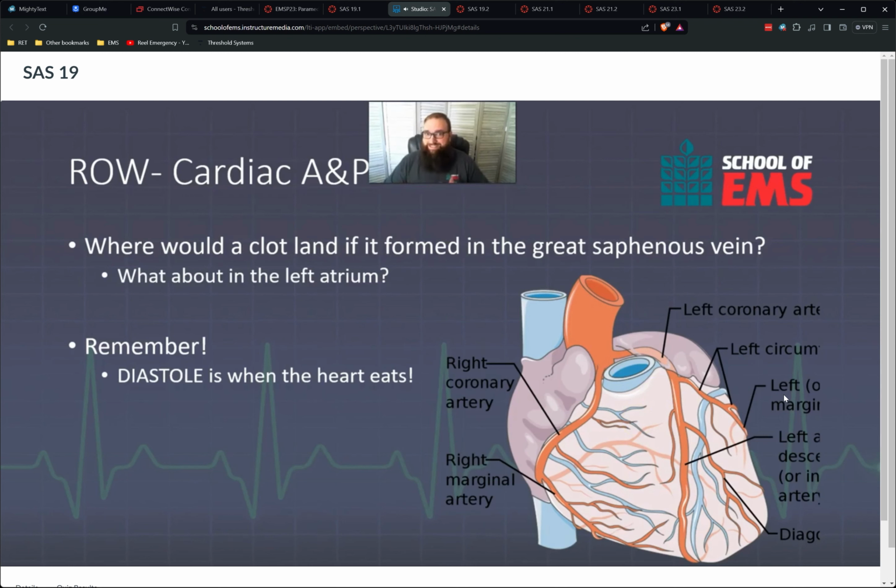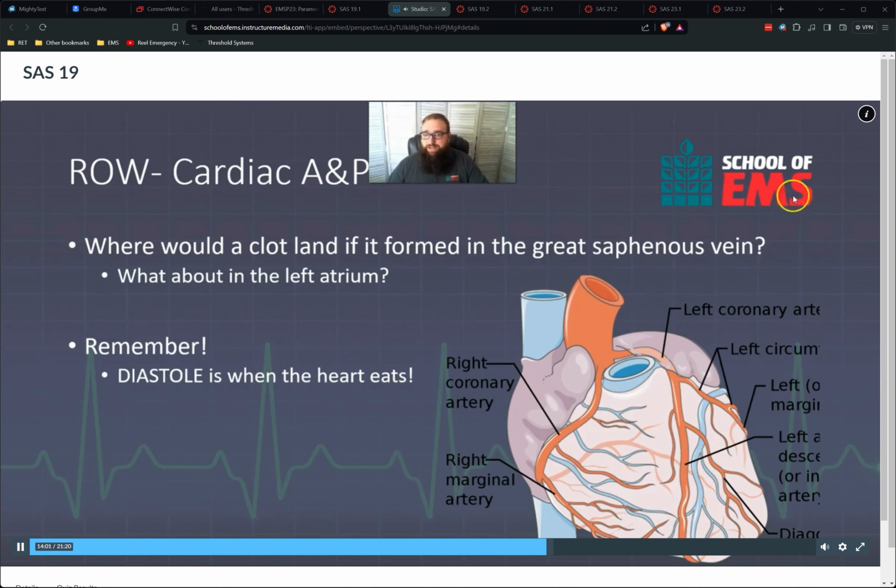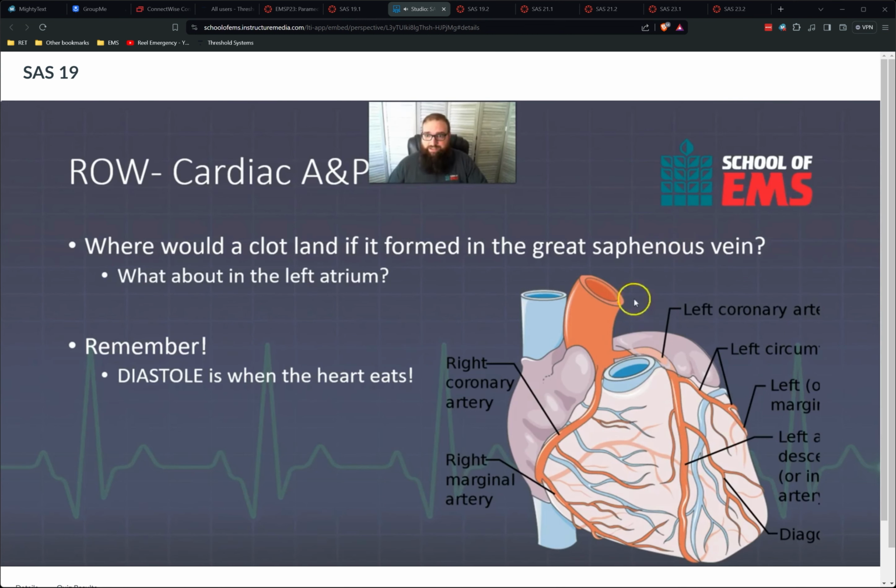It gets its nutrients from the coronary arteries. It's also important here that the heart eats during diastole. The rest of the body eats during systole, which again makes sense because the heart has to eat when it's on a break, right? It can't eat when it's working, whereas the rest of the body can't eat unless the heart's working. So while the rest of the body gets its nutrients during systole, the heart gets its nutrients during